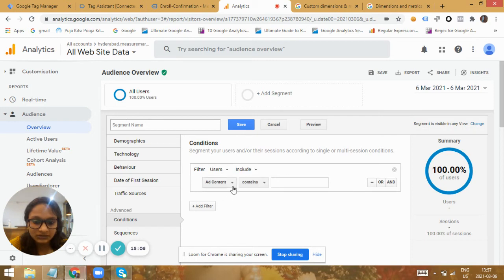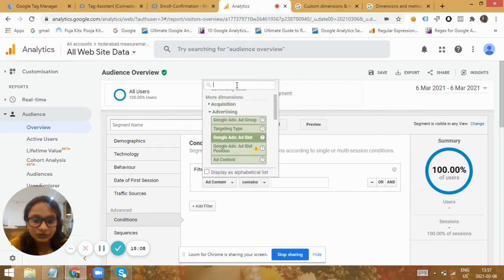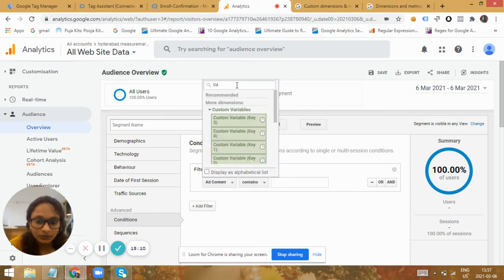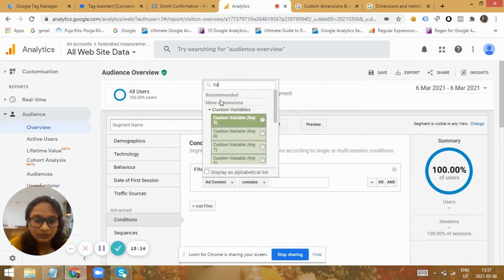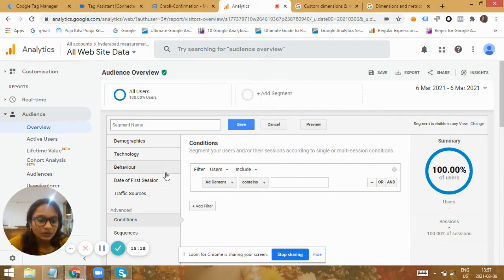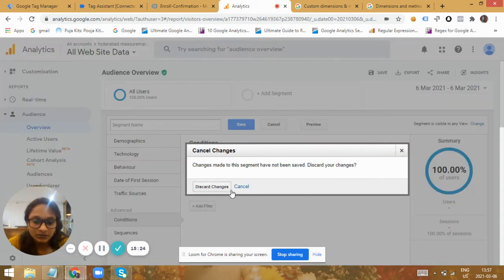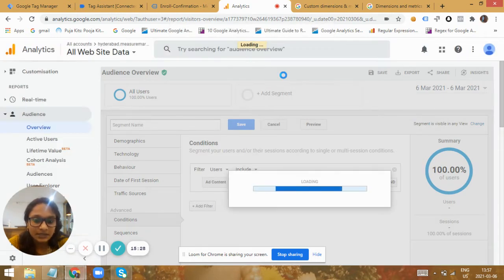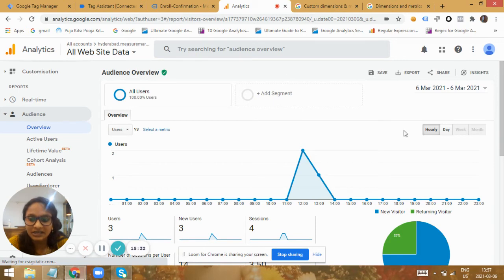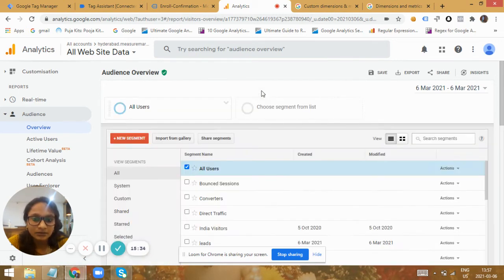Maybe users include, as it's a user scope, I have to mention it as custom dimension. As I've already created a segment, I cannot use it again. So let me just discard these changes and use the one segment that we have created already for those who have the custom dimension labeled as leads.